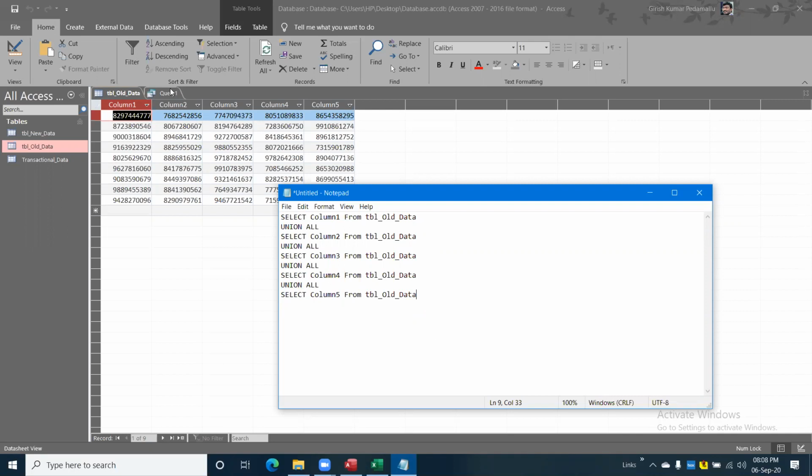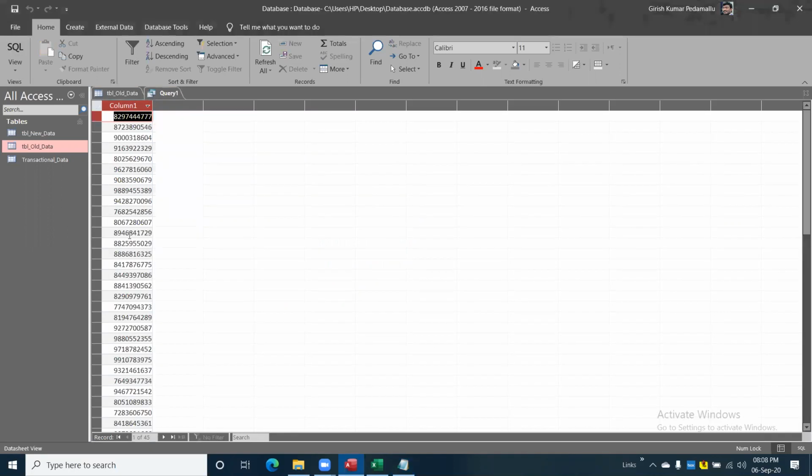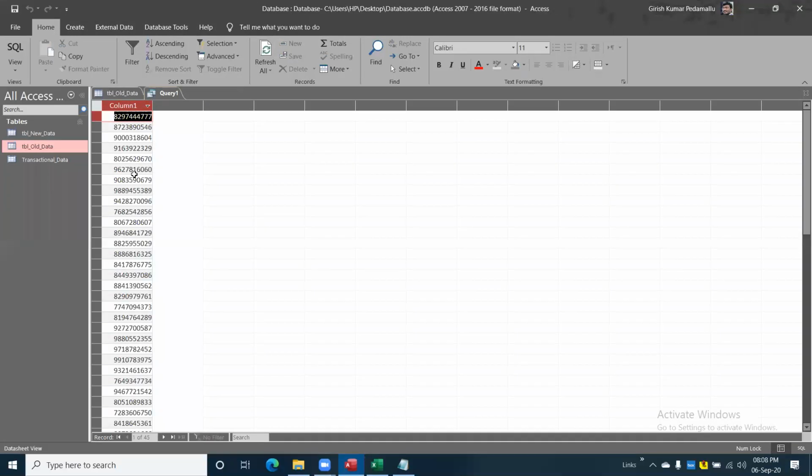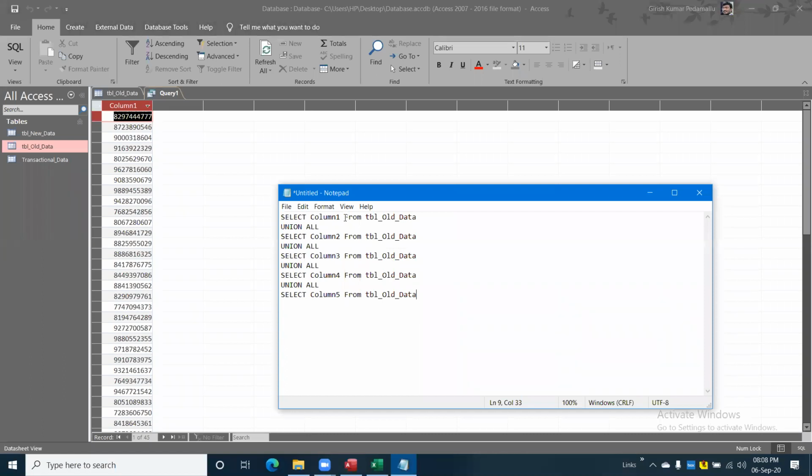Here, my query outcome is showing like this, right? What is the column header? It is showing as column 1. But it is representing it the wrong way. If you go to the table, it shows column 1, 2, 3, 4, 5, but in my query outcome it shows only column 1. It gives a wrong impression. I want to change column 1 to something else, like mobile numbers, or a new data or old data, whatever you want. What I'm going to do is, after column 1, I will mention it as mobile numbers. I will provide the name for that column.